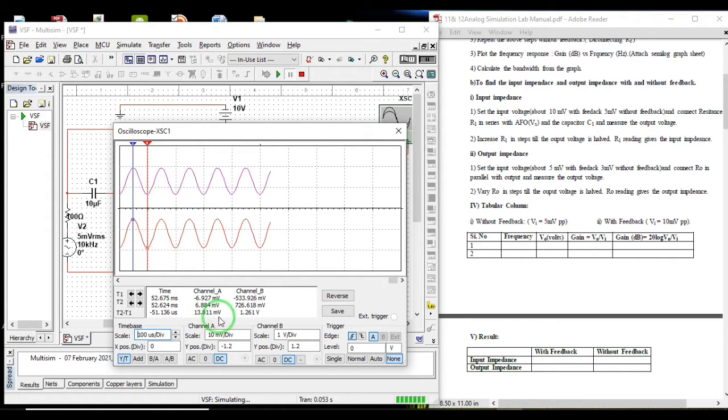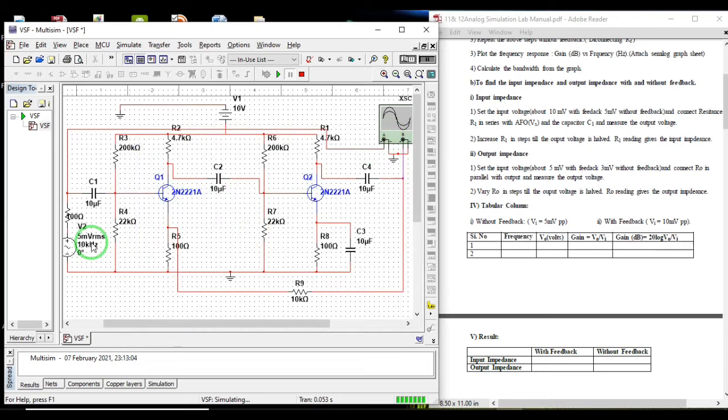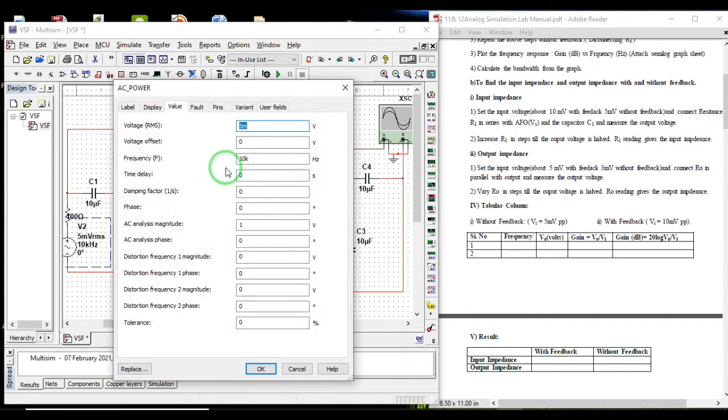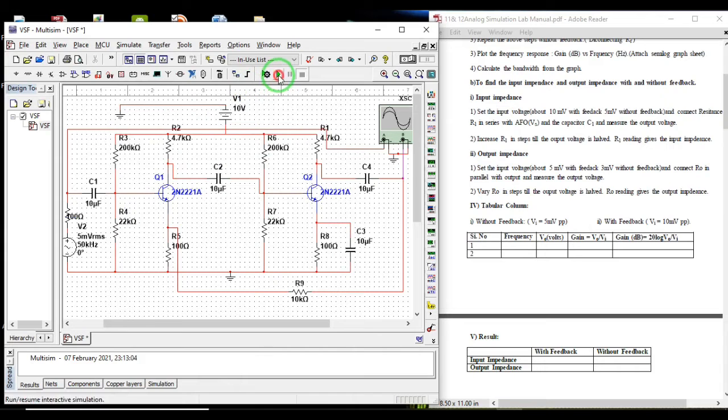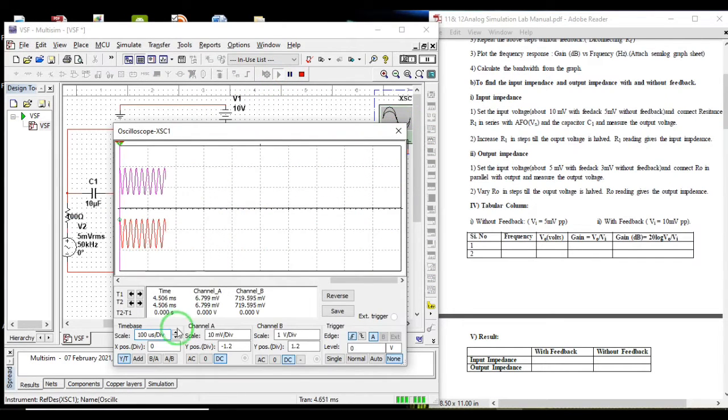So peak to peak is this one, 13.8 milli, and output is still same, 1.26. So let me stop this, and let me increase this to 50k. What is the change in voltage? We'll see. Is there any change in voltage? Maybe slightly.